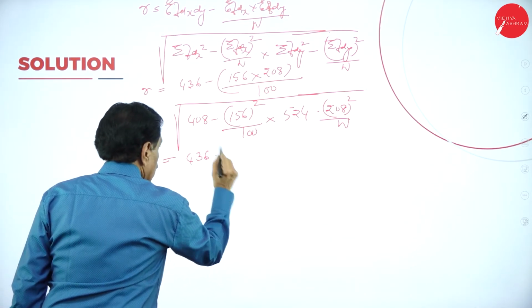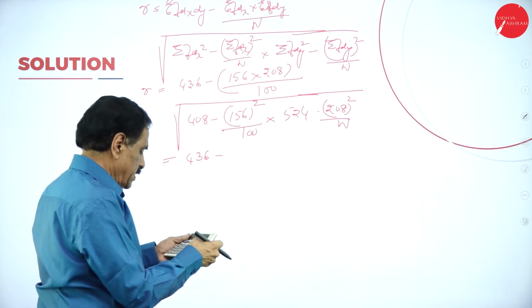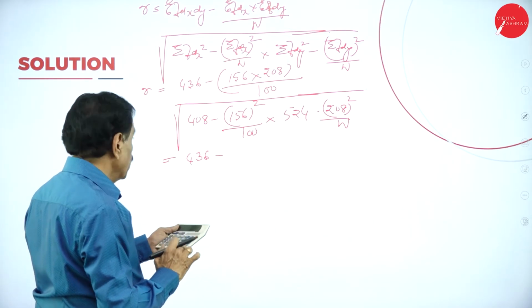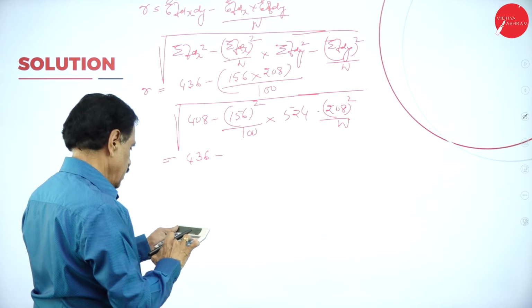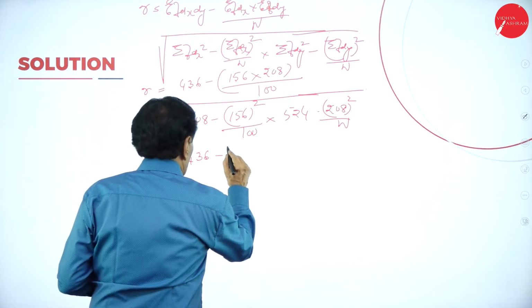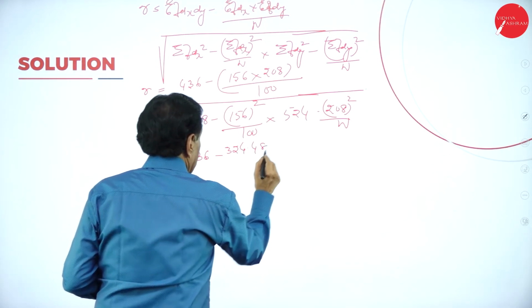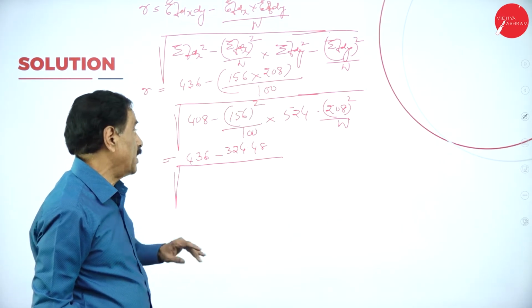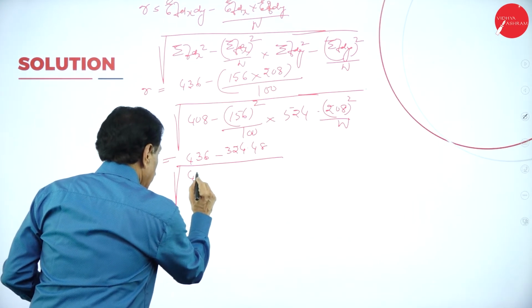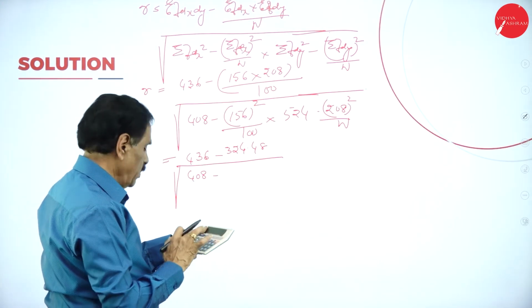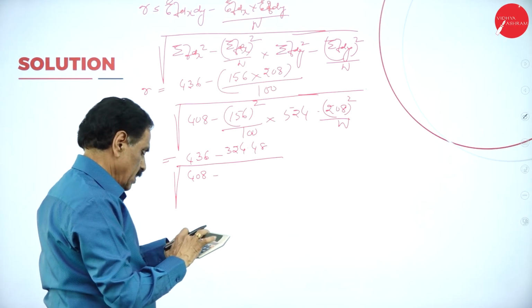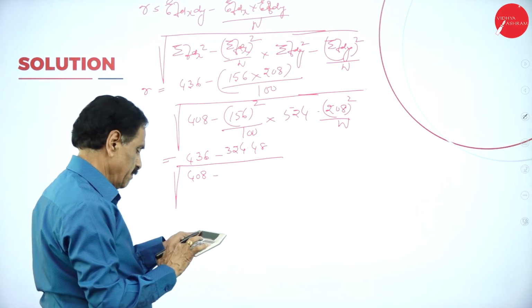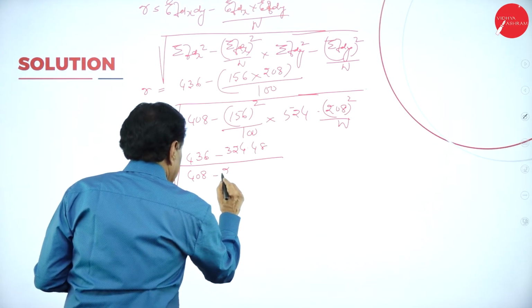436 minus 156 into 208 divided by 100, 324.48, divided by root of 436... 408 minus 156 into 156 divided by 100, 243.36, into